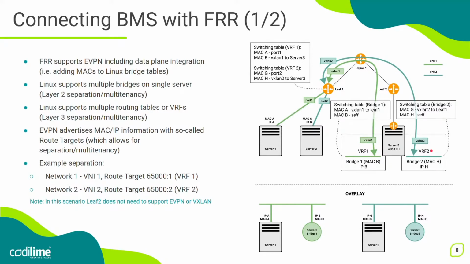Now, the same functionality is also available on most modern data center switches, where we can assign, for example, a physical interface port 1 to VRF1 and interface port 2 to VRF2. Thanks to that, server 1 and server 2 would also not be able to communicate with each other. So this multi-tenancy can also be provided easily by the networking devices.